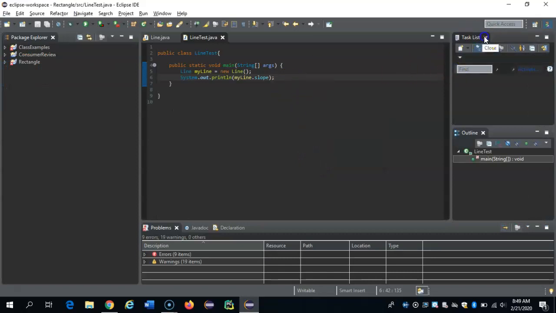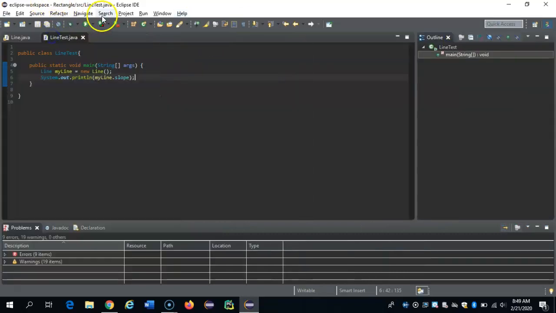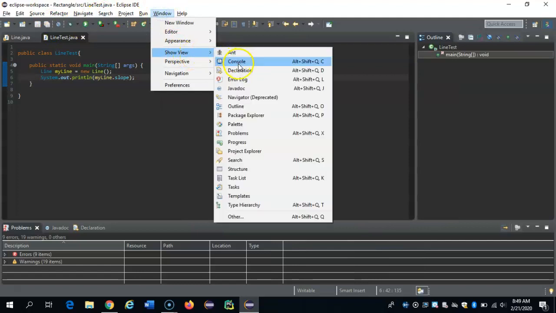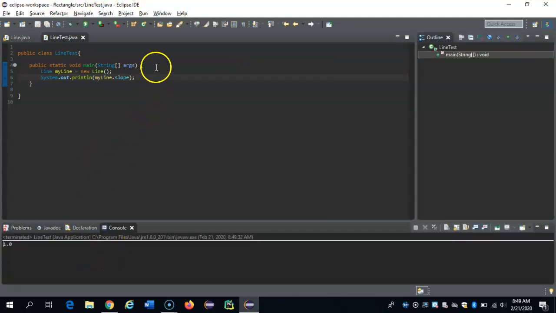All right, so we'll close this, and for whatever reason, the console continues to go out of view. So when we run this, we get a slope of 1.0. Now that was because we went back and made the